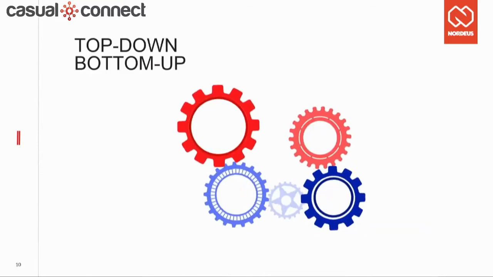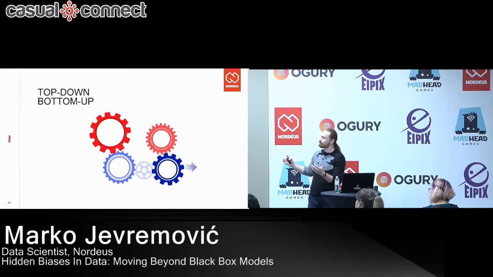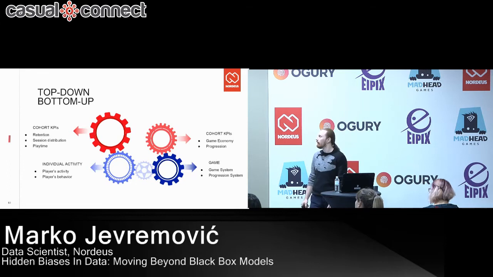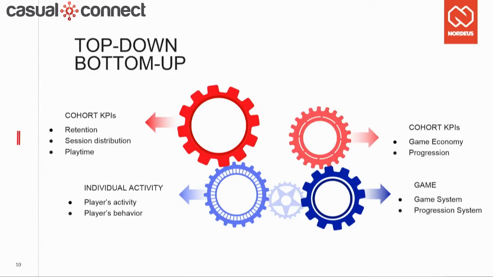And I quickly came to this, let's say, architecture for the simulation. It's top-down and bottom-up. So I start from cohort KPIs, from engagement KPIs such as retention, average number of sessions and playtime, and then I generate users in the simulation such that they satisfy these high-level distributions. But